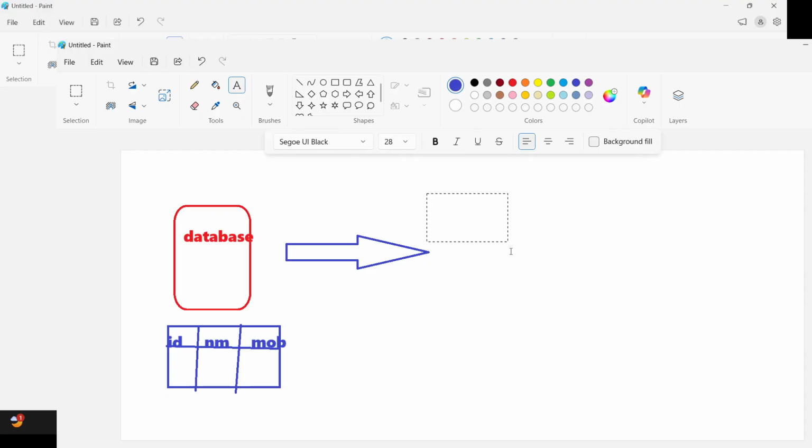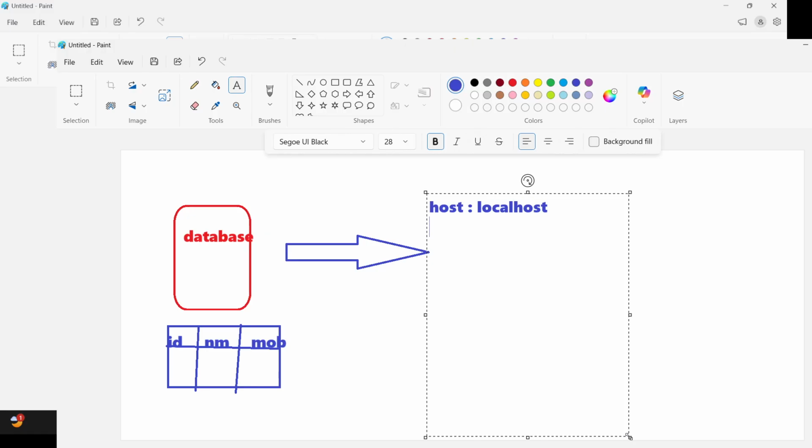So we need some basic parameters. Basic parameters means what? The host name. The host means where your database is. Initially, we keep the database on the localhost, that is, on a machine. Then you need a username. In our case, our database username is Postgres. Then the password, whichever password we have given for the database.